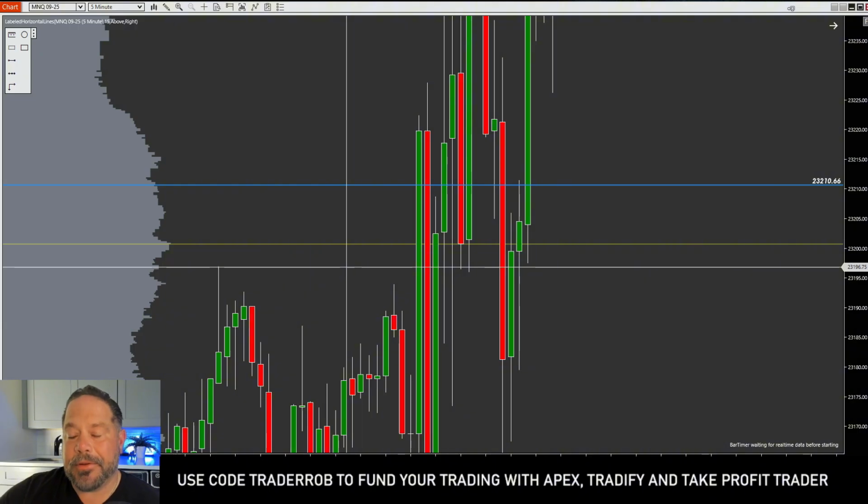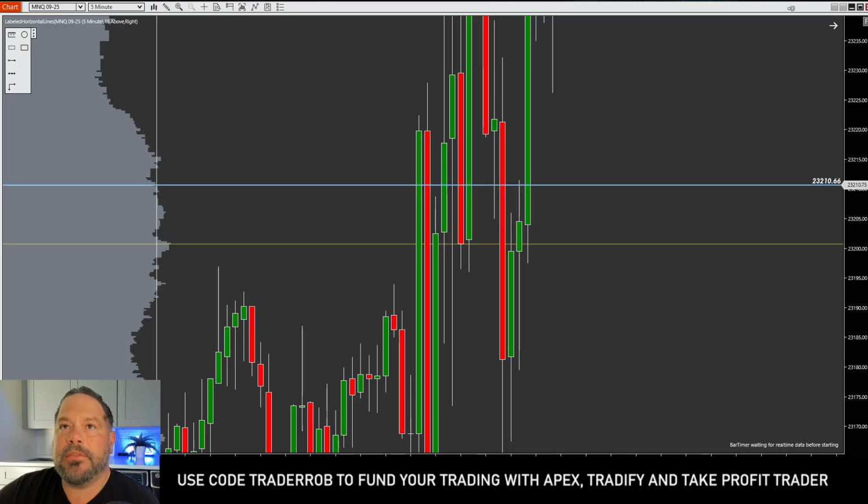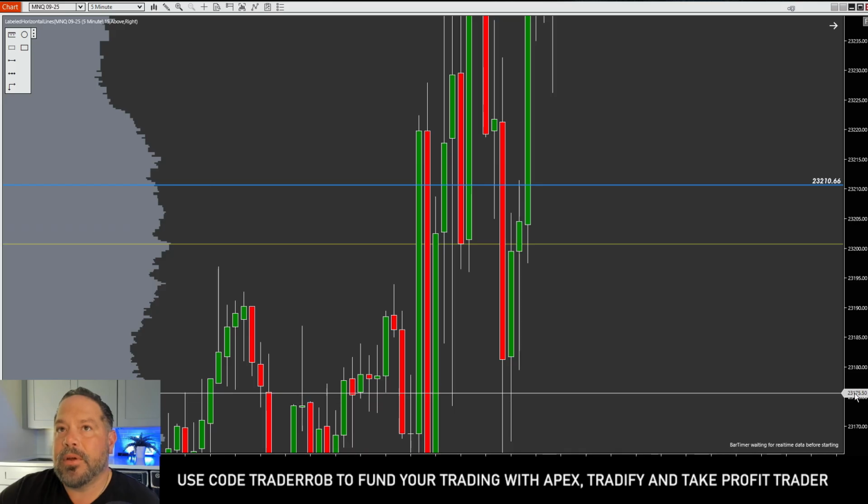But the entry is one equation. The second part of the equation is that I need an area to put my stop loss where I feel like I've got a relatively good amount of defense. And then I want a quick area of liquidity or volume that I can take at least my TP1 for sure, and then hope for my TP2 or more. So this right here would be an area that I would be interested in, which is where I came up with the